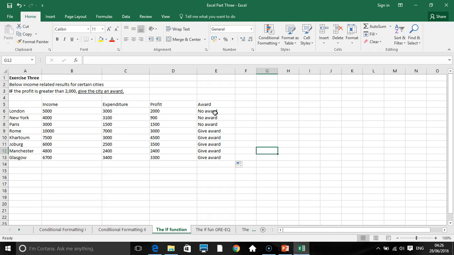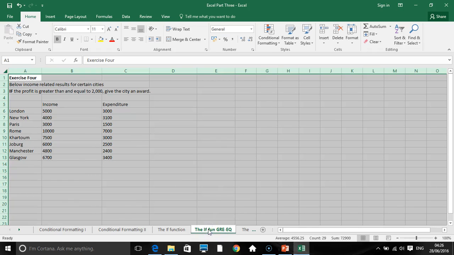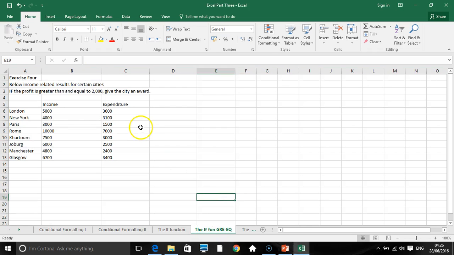Now, there's an addition I want to add here, and I'm going to move to the next slide. We could have worked in that other slide, but we're going to play this again. Here, the examiner could have asked you exactly the same data from the previous slide. So you have income, again, for these cities, and I haven't even put in the profit figure. This is very normal for the examiner. So he expects you to work out profit